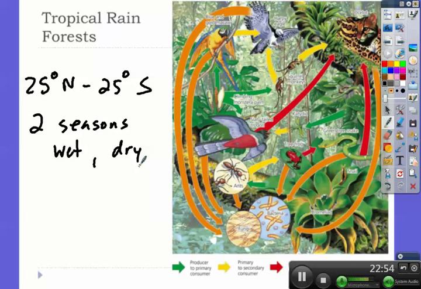And the reason that you break it down into wet and dry is because you've got year-long warm weather. The plants really tend to be broad-leafed. They're evergreen. Even though the rainforests contain Earth's highest biodiversity, which, I mean, you look at this intertangled web here, and the amount of biodiversity that's going on in this ecosystem is immense. Their soils really are nutrient poor. It's unsuitable for farmland if the forest is cleared.